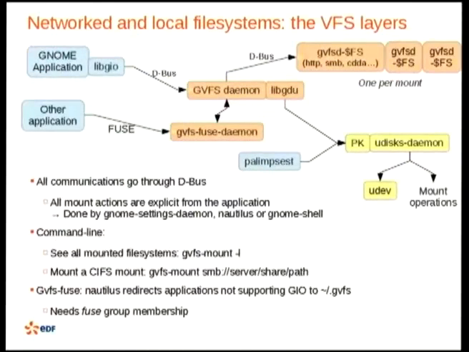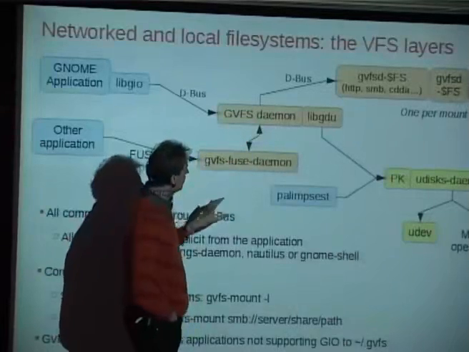Related to networking is the VFS layer, which is named GVFS in GNOME. This one works also with the GIO library, which is part of glib. The GIO library accesses the GVFS daemon, which is spawned when needed. So let's say you are accessing only file URLs, so no need to access a daemon, and suddenly you ask for something else. Well, the GVFS daemon will do a lot of things. First of all, it will